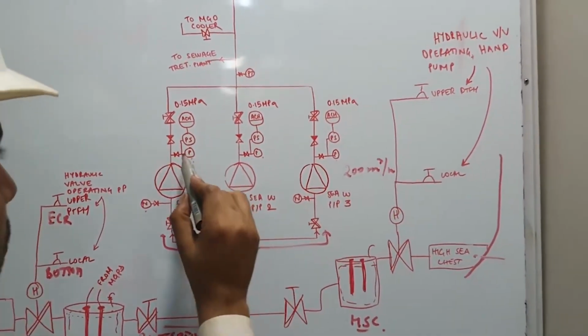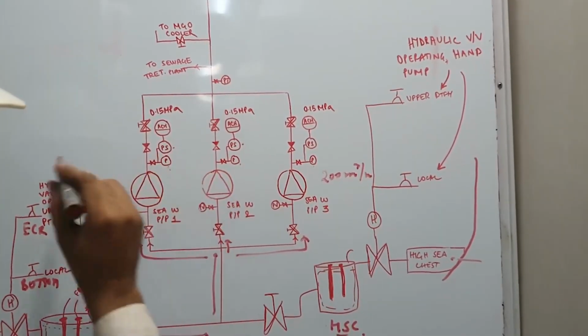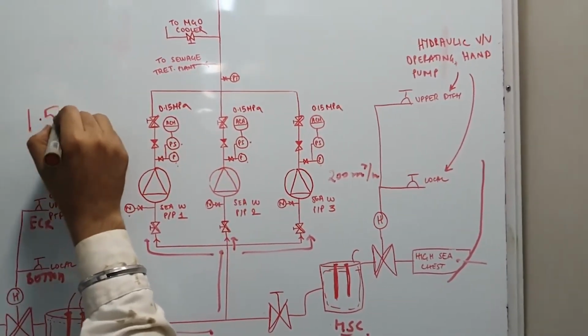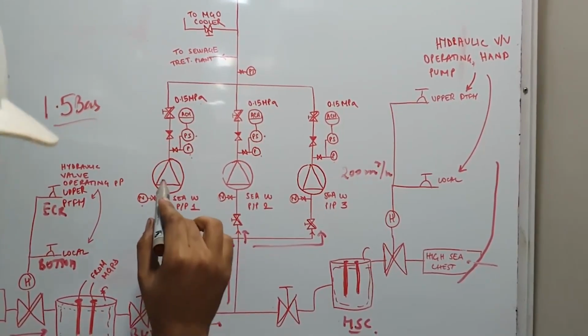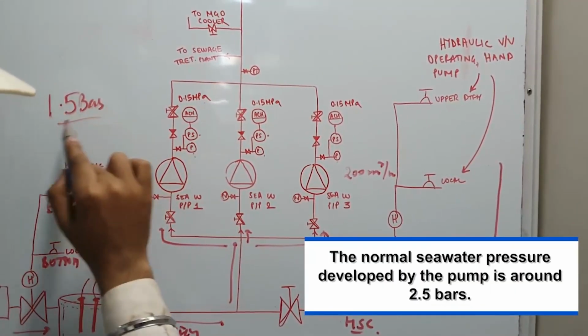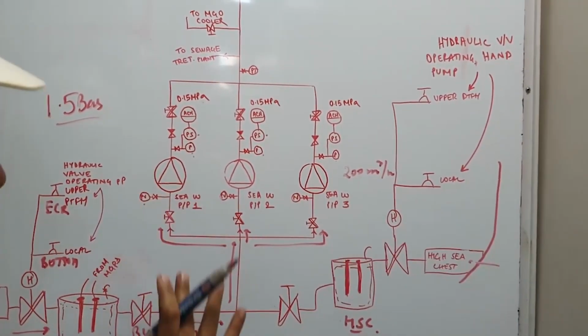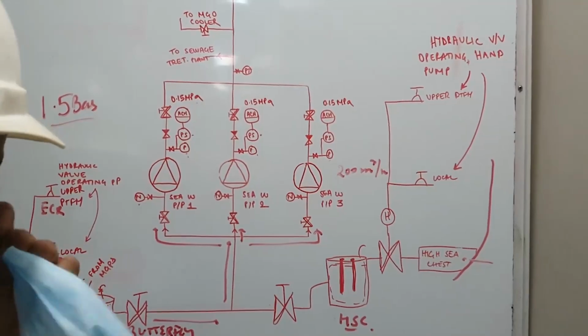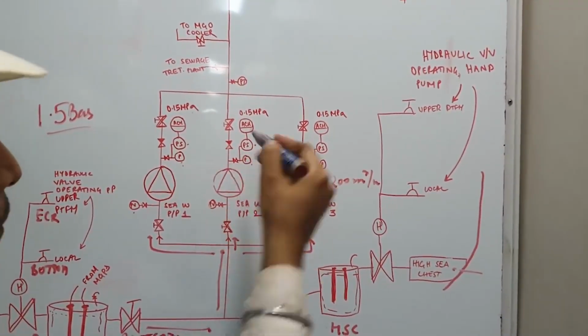And I have also got a pressure switch fitted over here. See, PS, pressure switch. Now this pressure switch is set at 1.5 bar. Can you see? 0.15 MPa. It says that in case this seawater pump is running, and suppose this pressure switch senses that pressure has dropped to below 1.5 bar, by chance, due to some reason, maybe this pump has lost suction, maybe this pump has stopped or something has gone wrong, then automatically the standby pump will start.